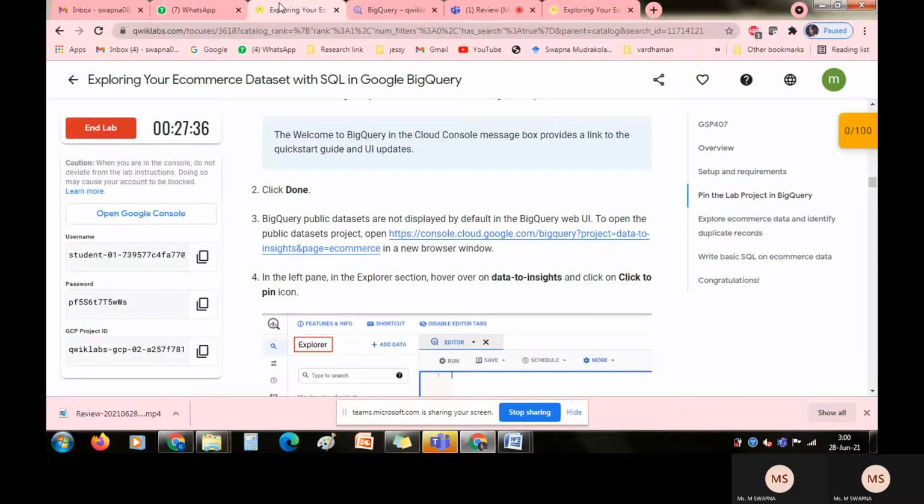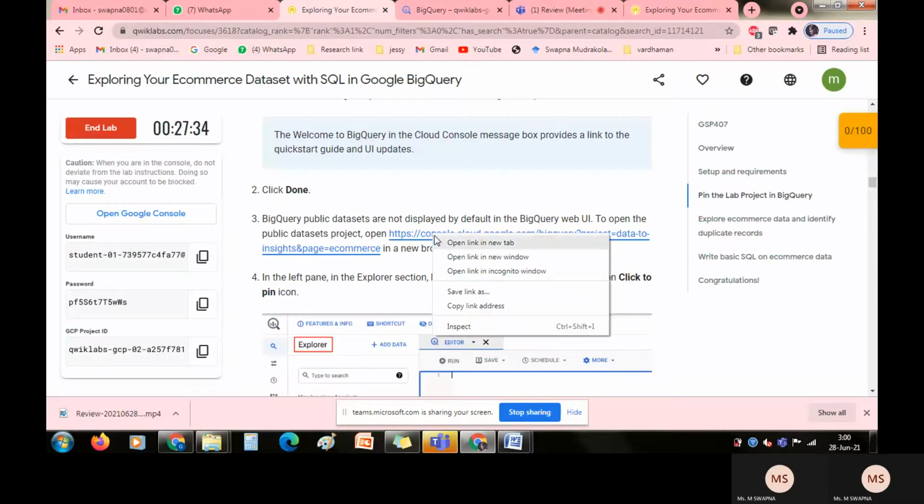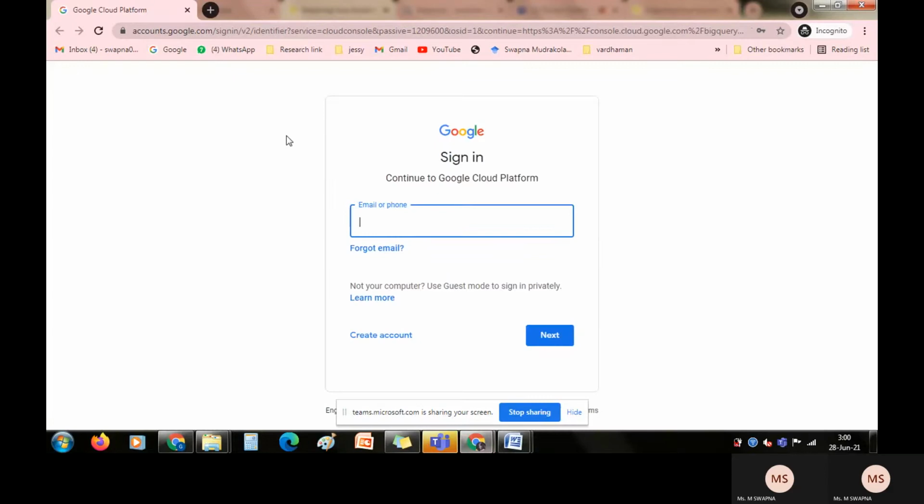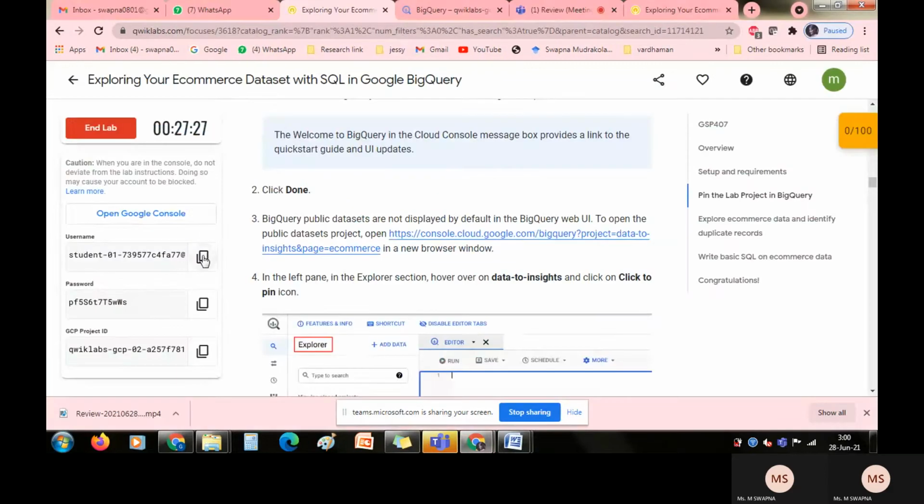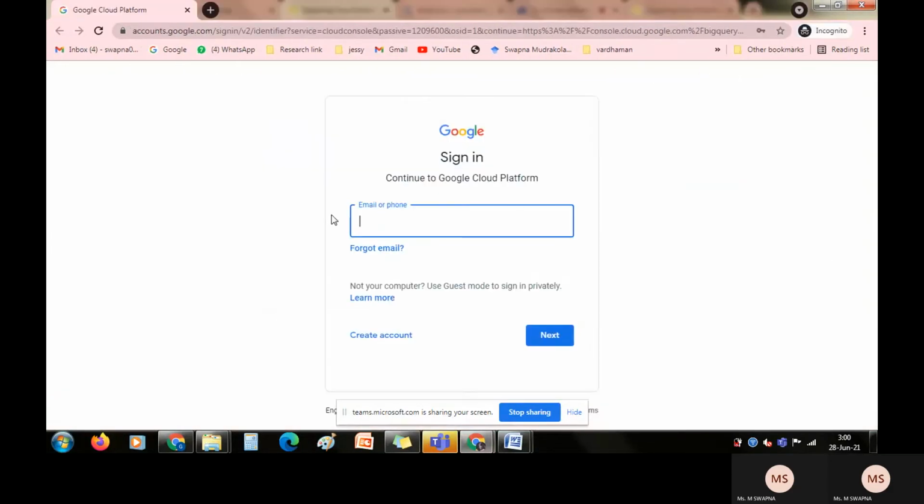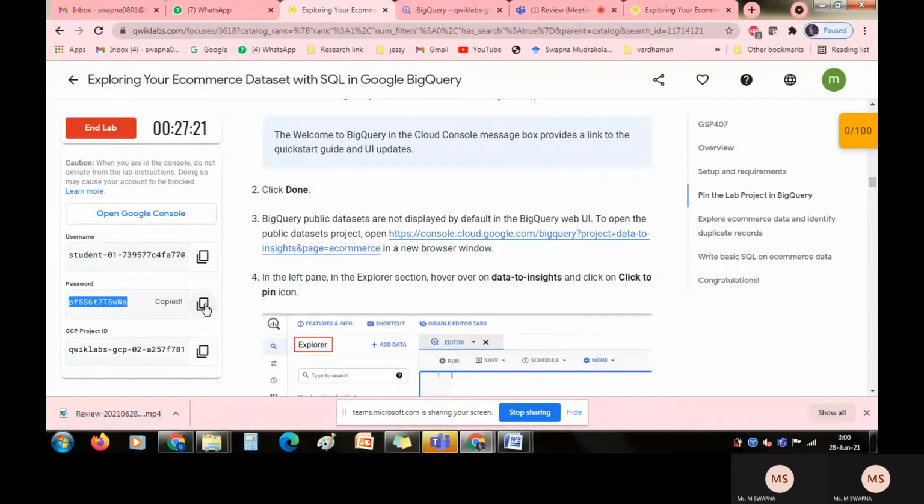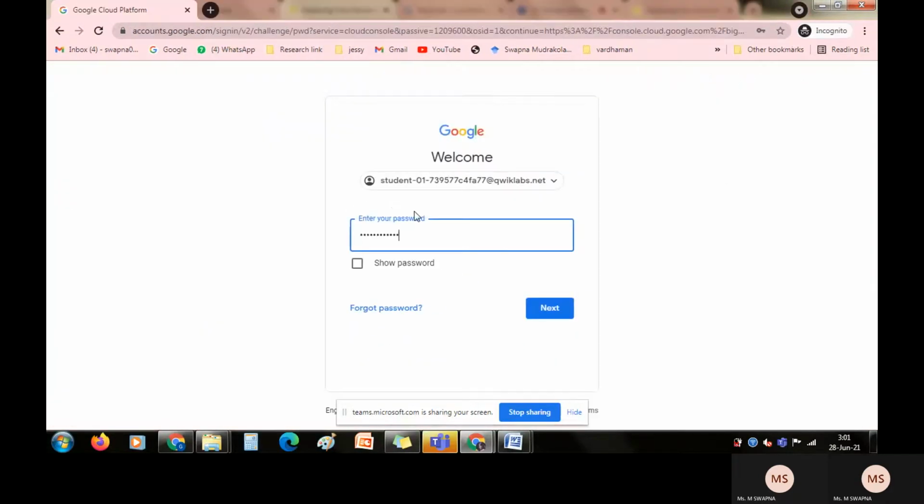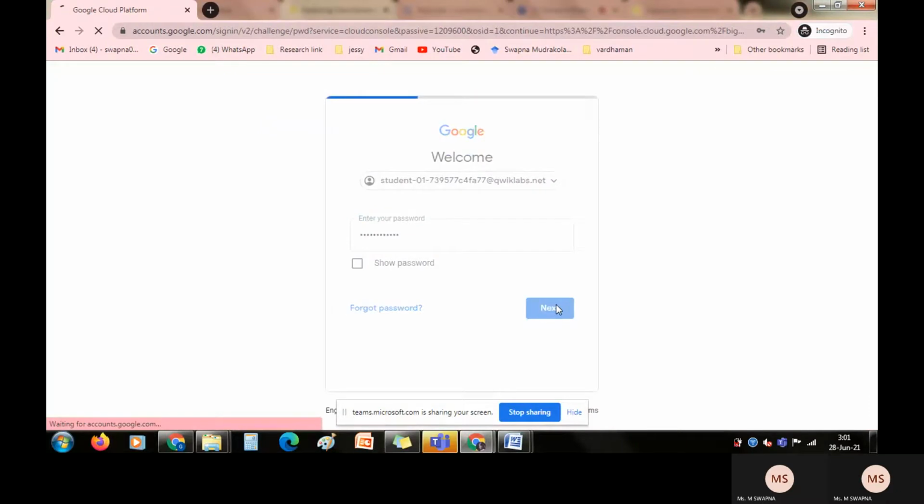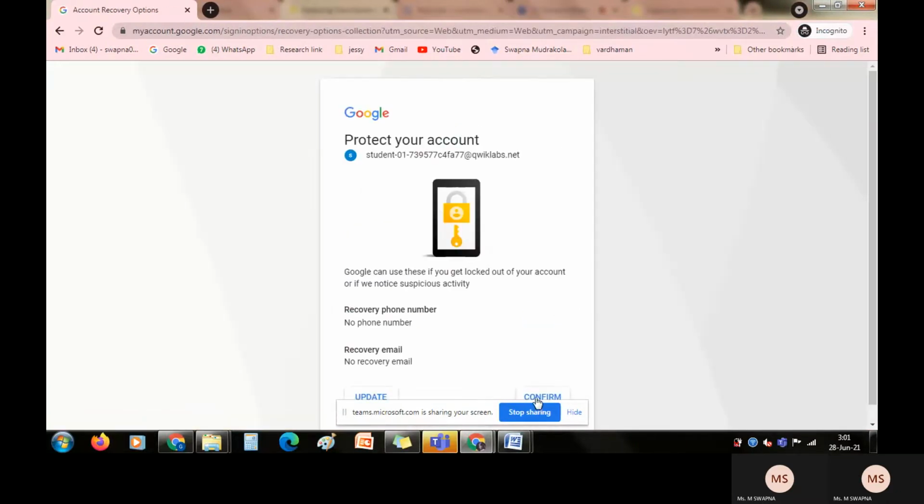I don't want to open it here, or I'll get credential issues again. I will try to enter in incognito mode. I'll try to prompt the credentials which are given by Qwiklabs. So it is always recommended to execute your programs in incognito mode. So once you enter the credentials,